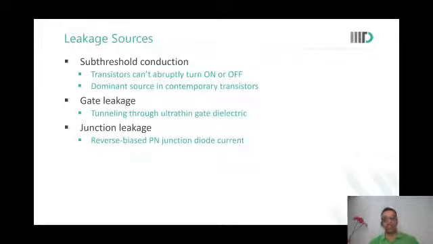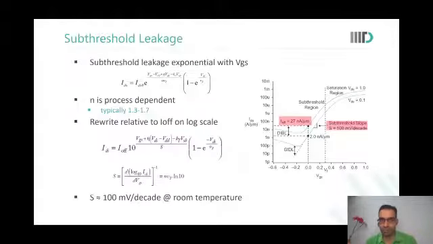And then we have junction leakage, which is that there are reverse biased PN junctions in our devices. So where all do we have reverse biased PN junctions? Source to body and drain to body junctions. Yes, source to body, drain to body, both are reverse biased junctions. And even though they are reverse biased, junctions do also conduct some current. So that is where we have junction leakage.